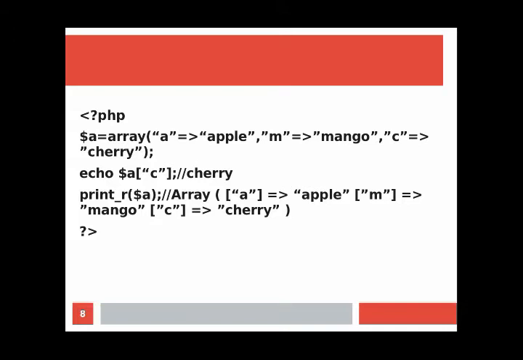Again the print_r. Last time also I told that it will take the complete array. So here print_r in bracket $a, that is the array variable. So here Array, then again it will start with within double quote a. So the first element it will print apple, then again M, so it will print mango, and C arrow cherry. So it will print all elements, that is apple, mango, cherry with index and value, keys and values.